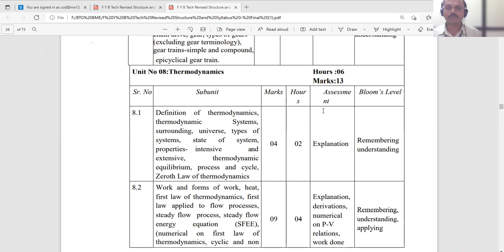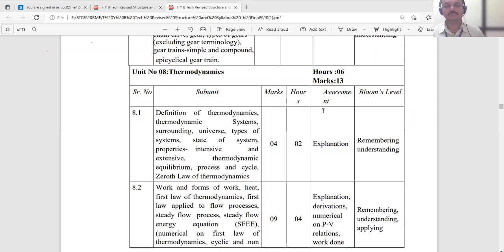First, definition of thermodynamics, comma, thermodynamic systems, comma, surrounding, comma, universe, comma, types of systems, comma, state of system, comma, properties